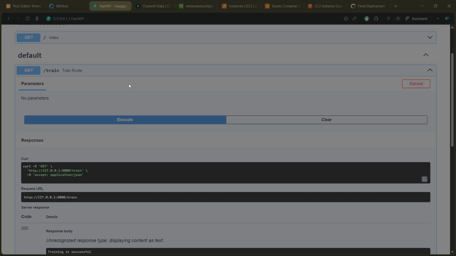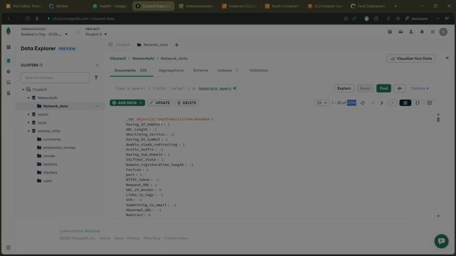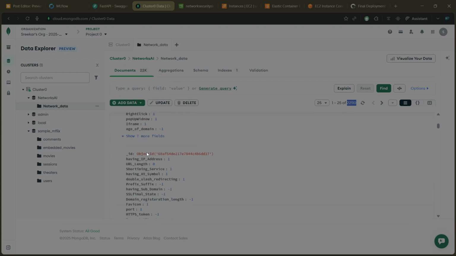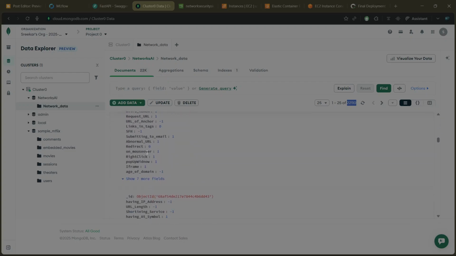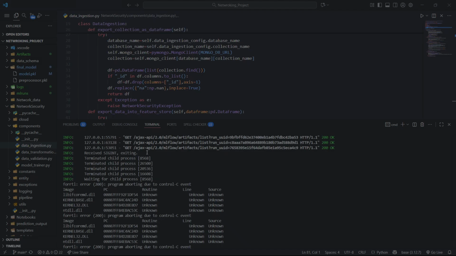Let me show you what it is. This is MongoDB Atlas. This MongoDB Atlas is responsible for managing and storing the raw data. As we can see, there are a total of 22,000 documents which are stored in a very proper way. In the next step, it is data